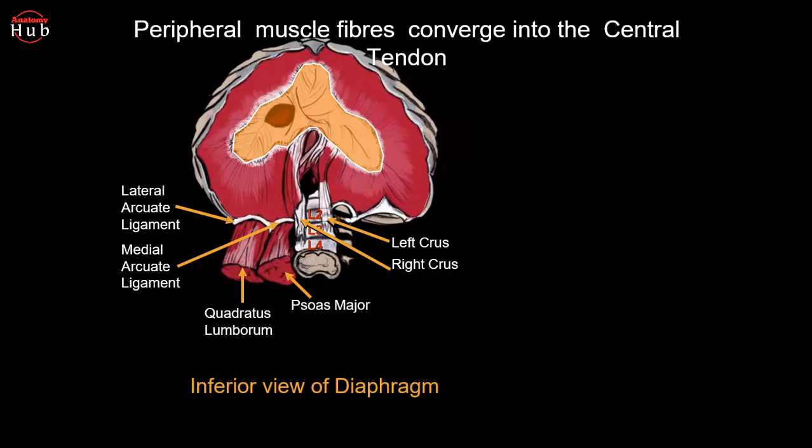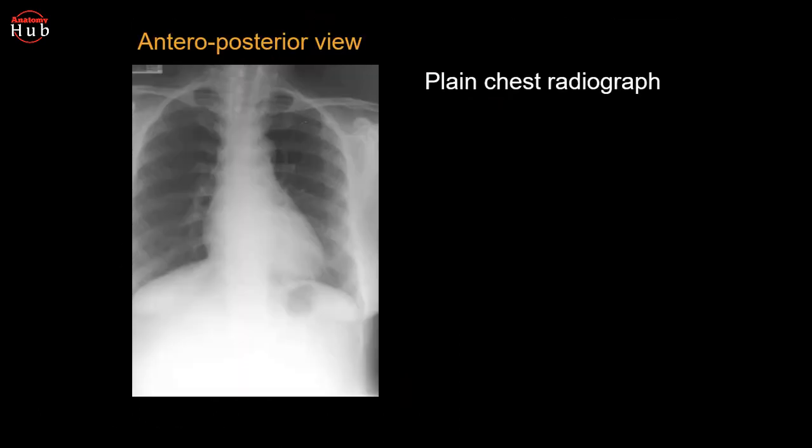Those are the openings, the pathways through the diaphragm. Here you will see the plain chest radiograph in anterior posterior view, and here you can observe how the dome of the diaphragm is related to your chest cavity and the abdominal cavity. At this point you will find the presence of the heart that you can observe over here,